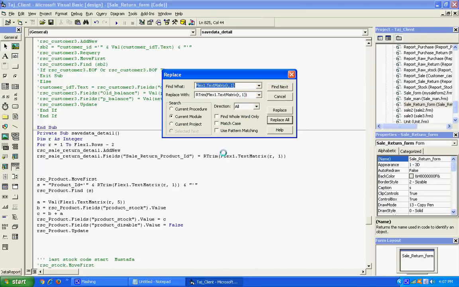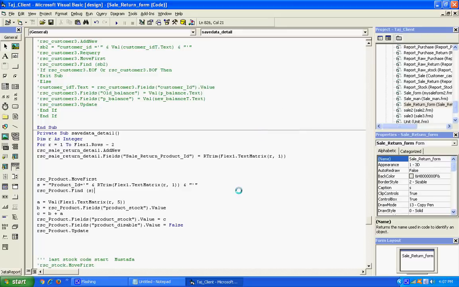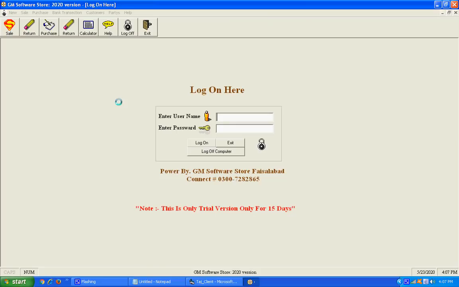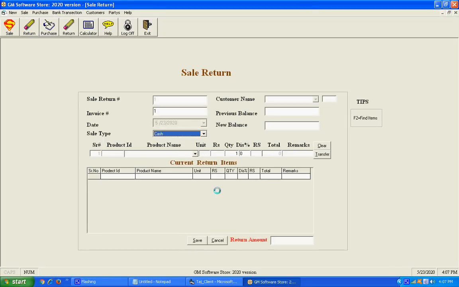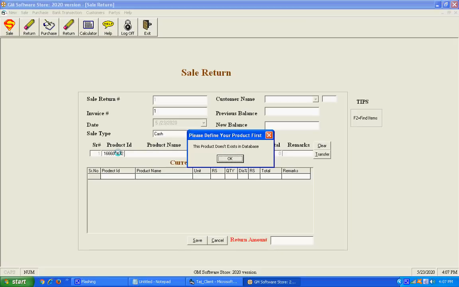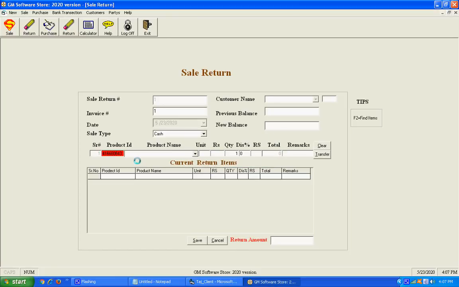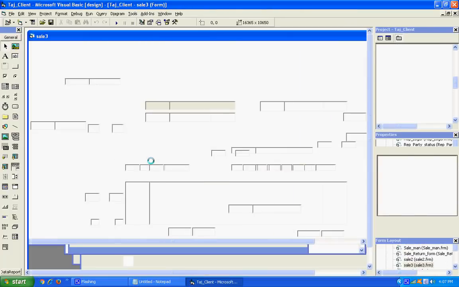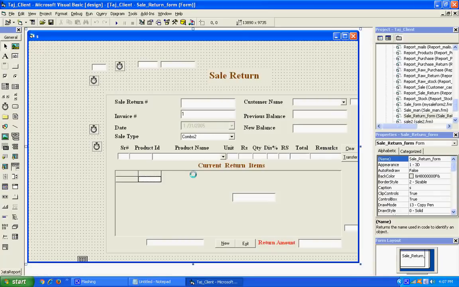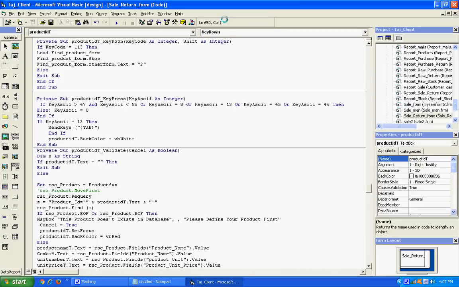I am going to check the sale return form. This is the big issue in our system. Product ID. This product does not exist in this database. Okay, we'll check what the problem is here. Sale return ID, key down, key press.